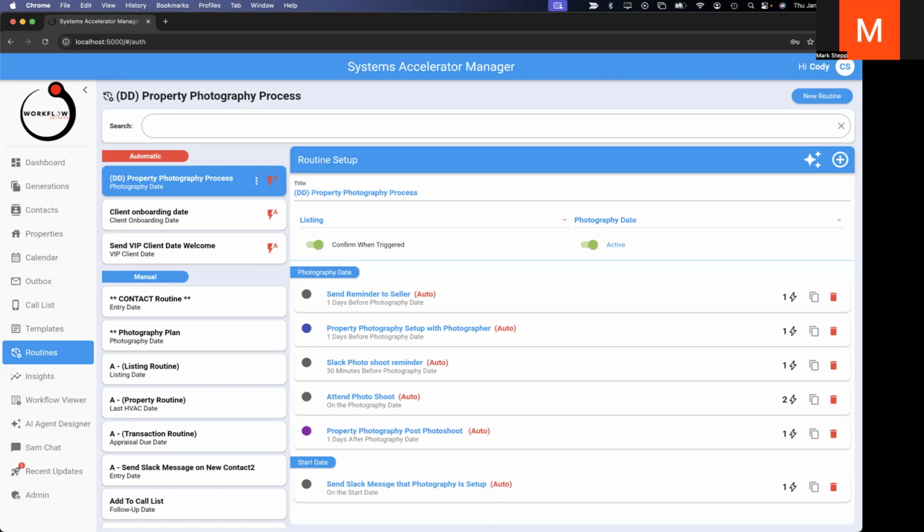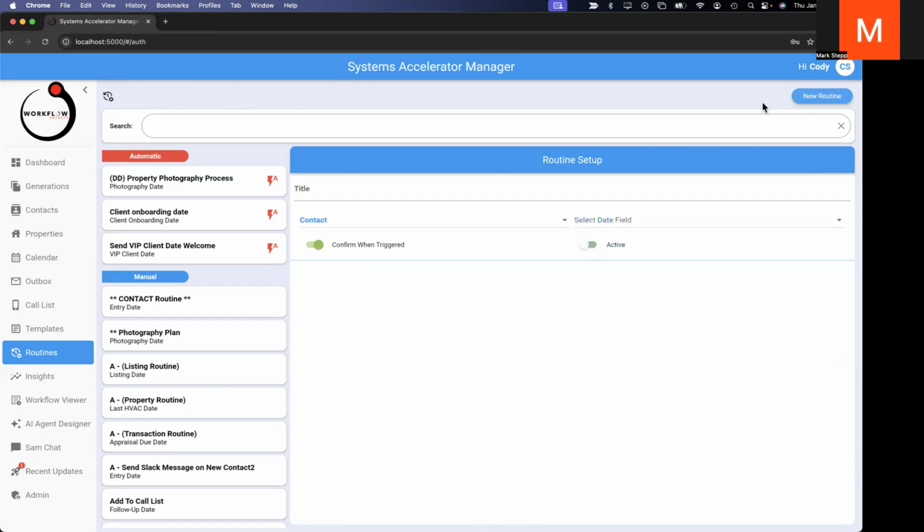Wanted to share a quick win that I have for people that use System Accelerator Manager, SAM, that uses AI. And it was just kind of a quick win. Technically, we use ChatGPT in the background, but using it to help automate what agents do. So a routine is just that, like a workflow, but it is something that is more succinct to a particular field. In this case, maybe I want to do a first time home buyer lead nurture